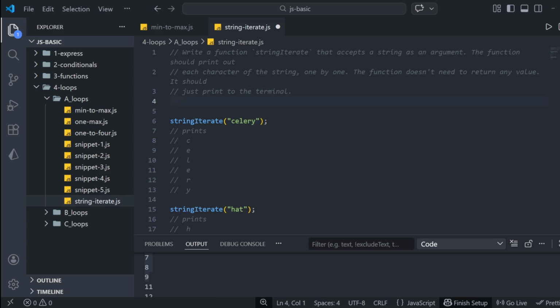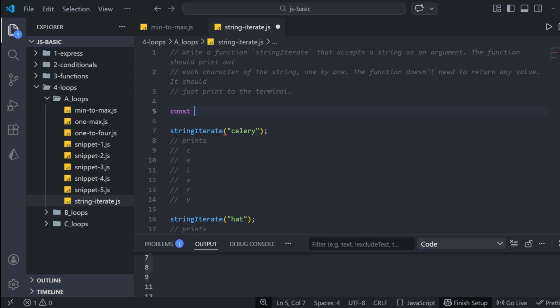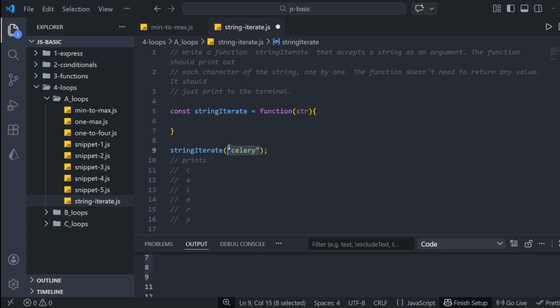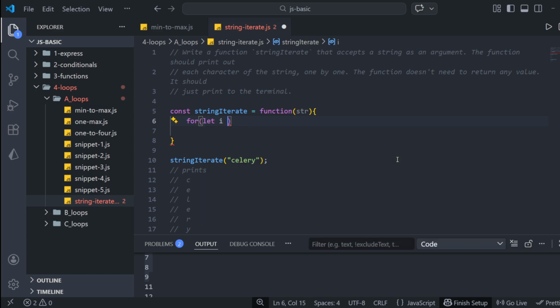So how can I write the loop, right? First, you define the function stringIterate, and this function is going to get a string. So it has a string, right? This is the one. So this is the string. Now it's time to write the for loop. So my index starting number I need is 0 because 0 will give me the first character. Now I will check, is this index less than the string length? And why length, right? Because